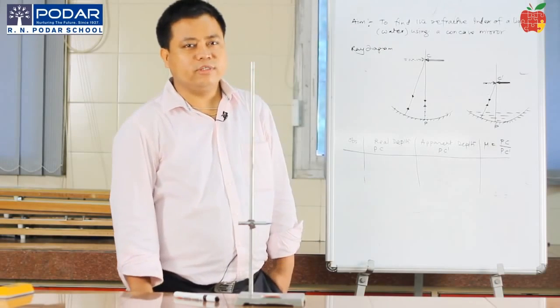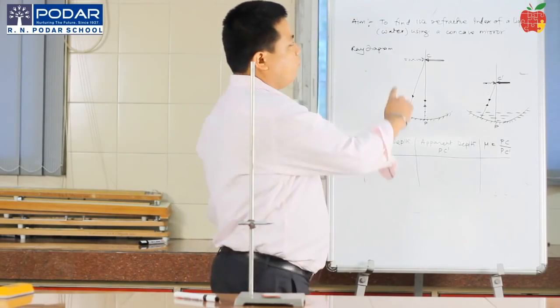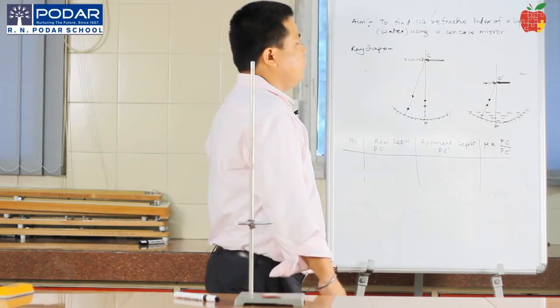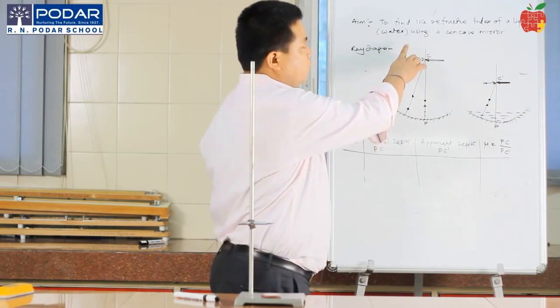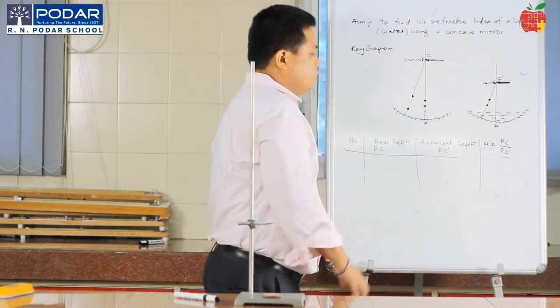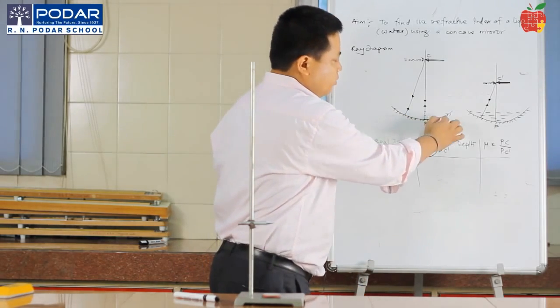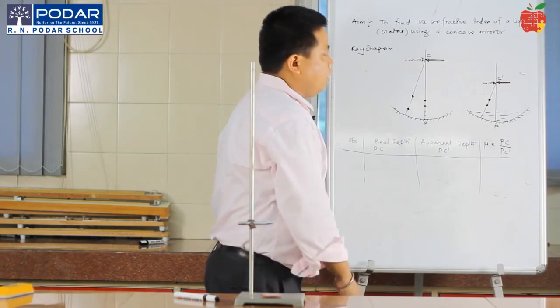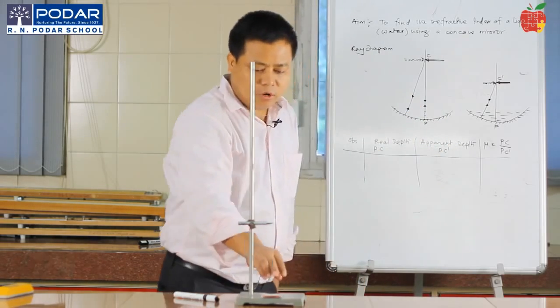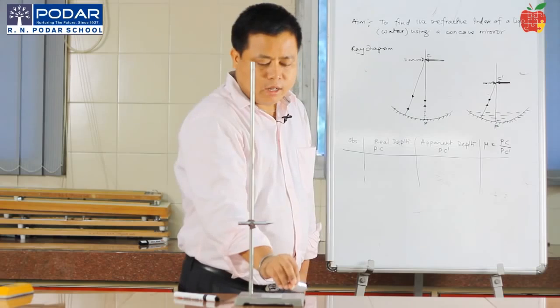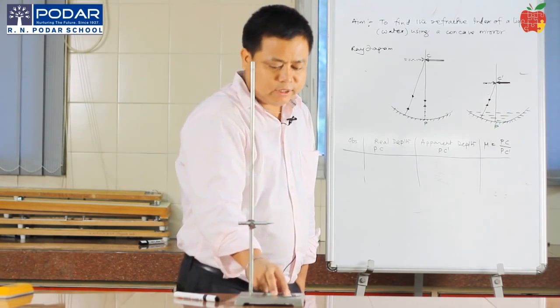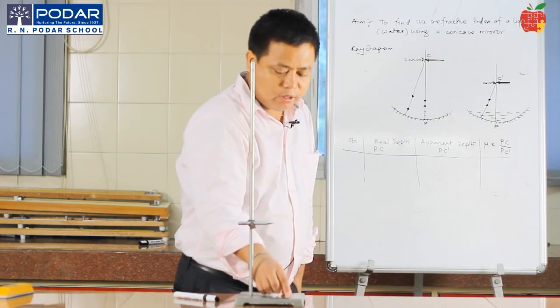Yeah, good morning students. Today we will learn how to find out the refractive index of a liquid, let's say water, using what? A concave mirror. So this is the ray diagram. First we have a concave mirror, and this is the concave mirror we are using, and this concave mirror is placed on this particular